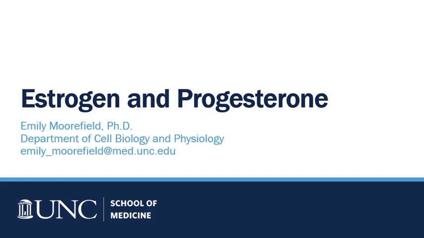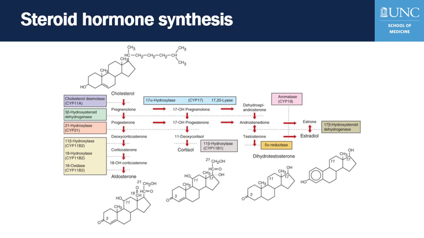Here we'll discuss estrogen and progesterone. So let's start out with an overview of steroid hormone production. And remember that only certain cell types in the body express the specific enzymes that convert cholesterol into steroid hormones. And the rate-limiting step in steroid synthesis is conversion of cholesterol to pregnenolone, which is a key precursor of all